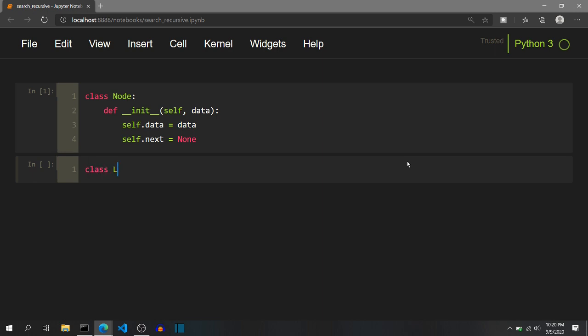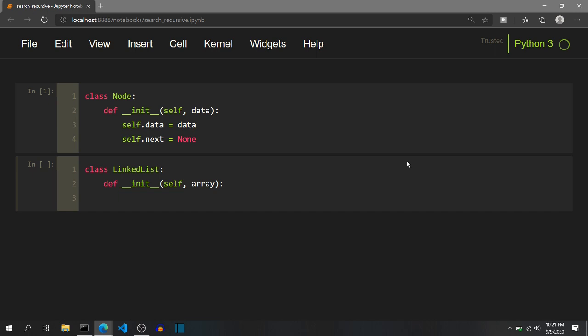So class linked list. Again defining the constructor by defining the double underscore init function. Apart from self parameter, we will be having an array of elements that we need to initialize this linked list with. As in the previous videos, we have already covered how to insert nodes in the linked list. I will be writing the logic to insert nodes in the linked list in the constructor itself. If you are not sure how to insert nodes in the linked list, you can definitely check out the video that I have linked in the iCard above and in the description below.